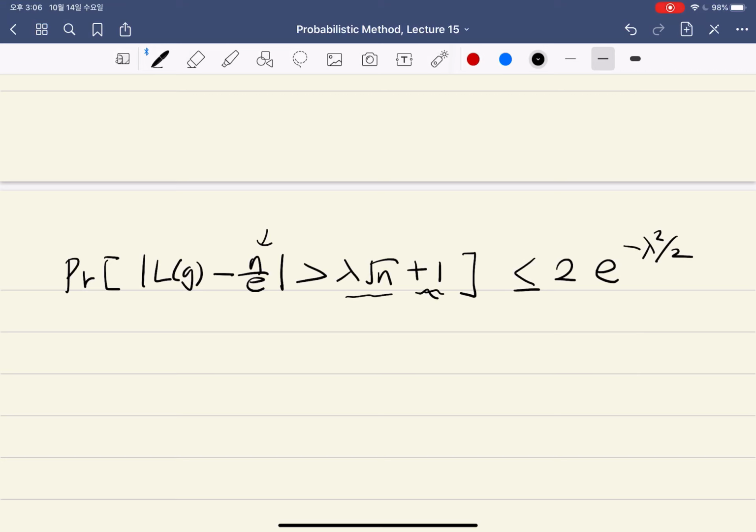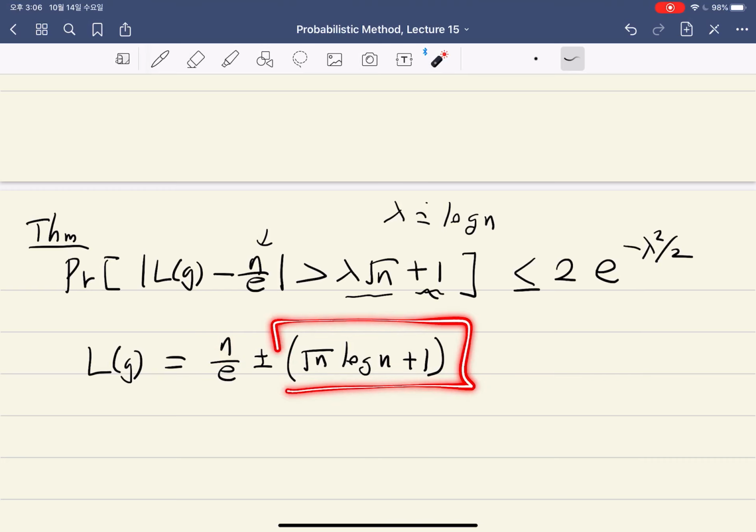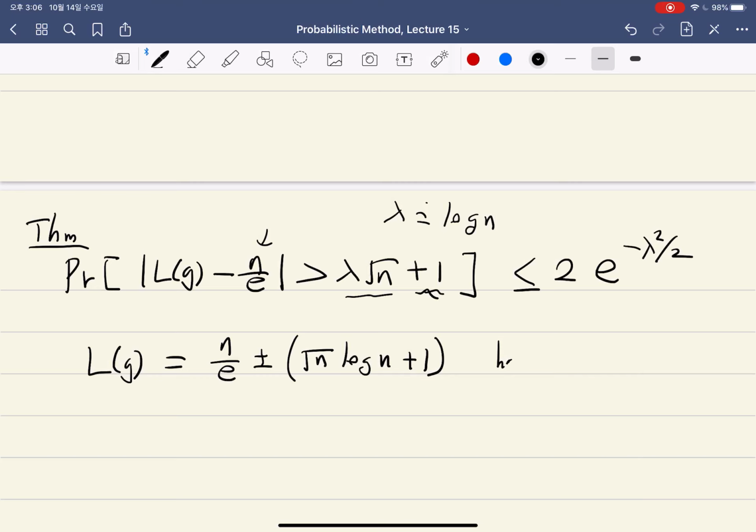It means that if we take, say, lambda as some function that goes to infinity, say, some log n, then the probability that L of G is more or less n over e plus this lower order term. This is the linear term, and this is much smaller than the linear term. This holds with probability, say, 2 times e to the